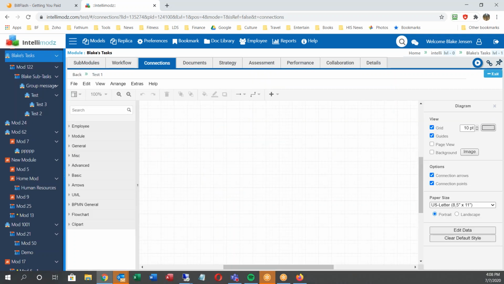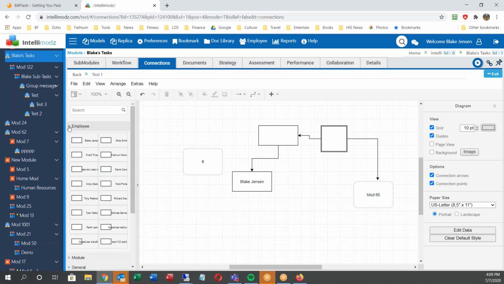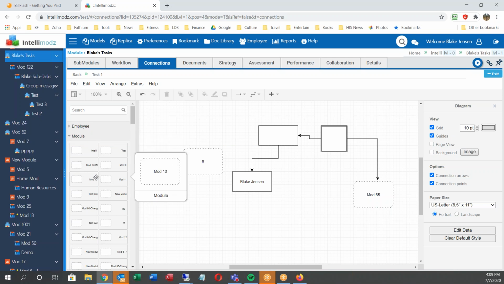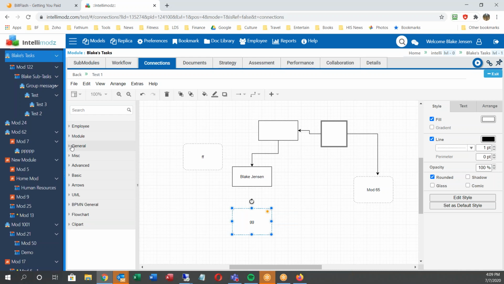If I'm editing one, it opens up in a very full feature set where I can choose employees, and I can add those. These are all the employees that are on the list, and I can search if I want. These are the modules that I have, and I can add modules over here. As I create modules, I can put them into a workflow, and I can search for them as well. And then there's general